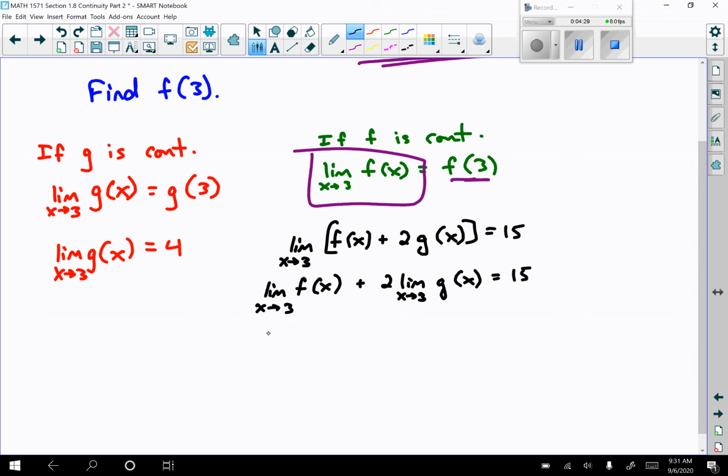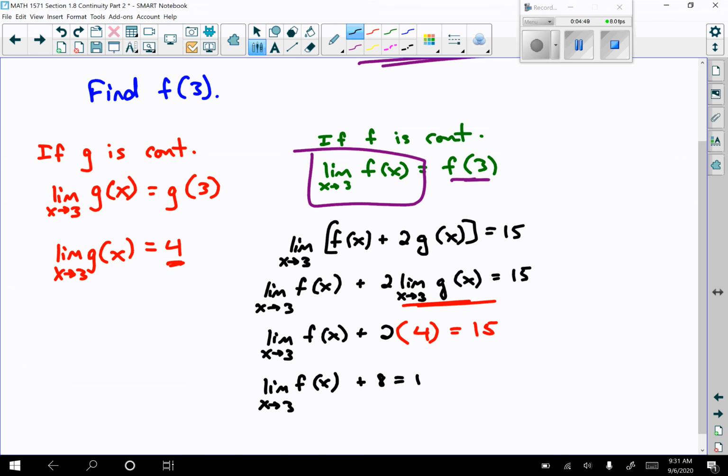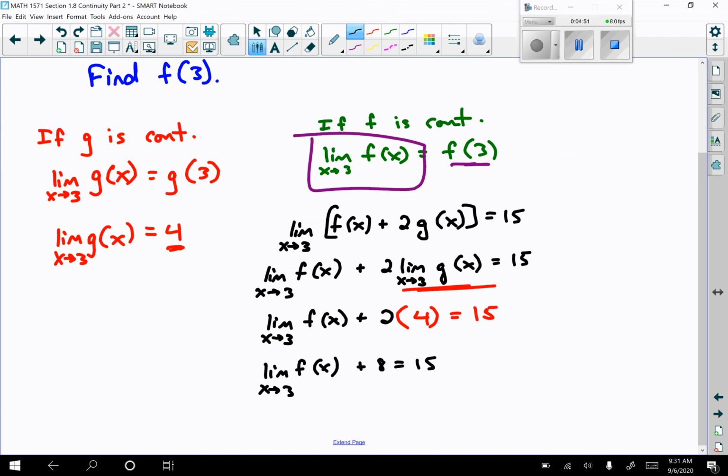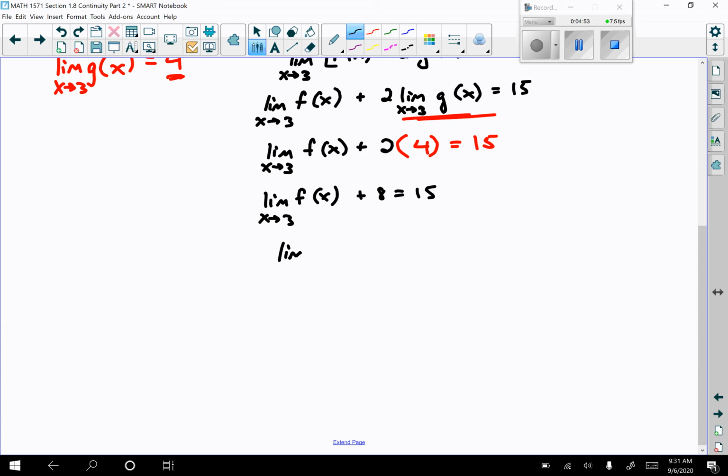But what we would do next, still keep the limit as x approaches 3 of f of x plus 2, and then this is where we're going to use the 4 right here. So 2 times 4 is going to equal 15. So we get the limit of f of x as x approaches 3 plus 8 equals 15. And then the limit of f of x as x approaches 3, just subtract 8 from both sides, is going